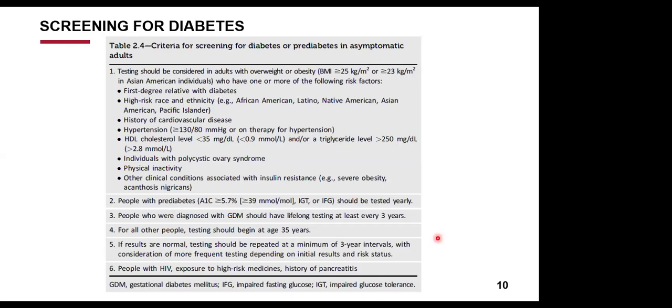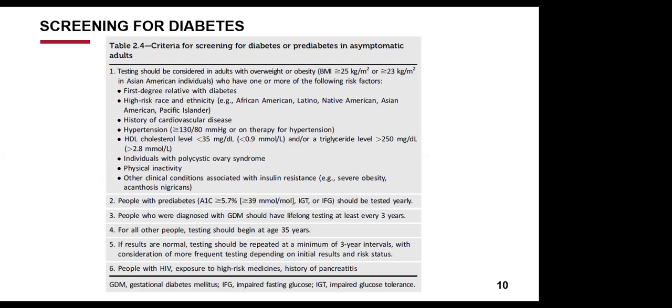So in terms of screening for diabetes, we screen adults with overweight or obesity, that is, if they have a BMI greater than or equal to 23 kilograms per meter squared or 25 kilograms per meter squared. And those who have some of these risk factors, for example, if they have a first degree